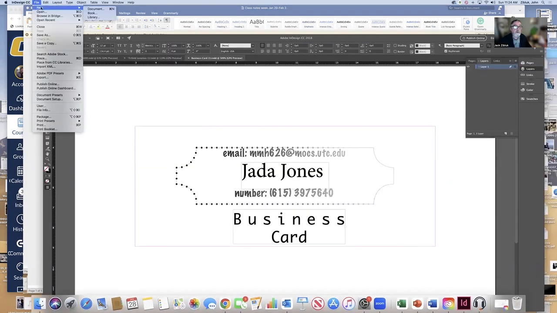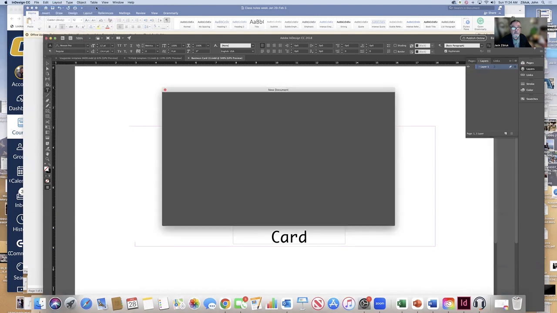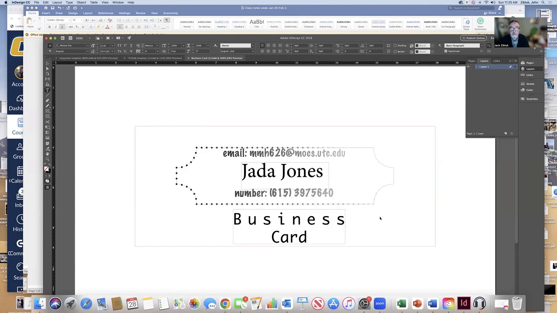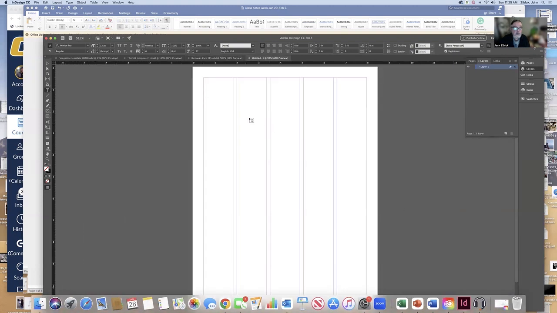File, new, document, inches, 8.5 by 11 tall. Now we think of the number of columns. I will lay this out on a 5-column grid. That allows, ta-da, me to put a text box for a headline here,